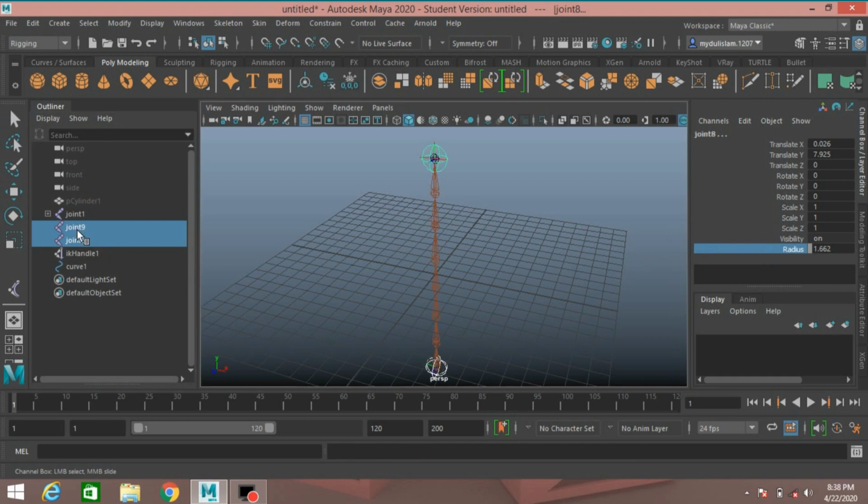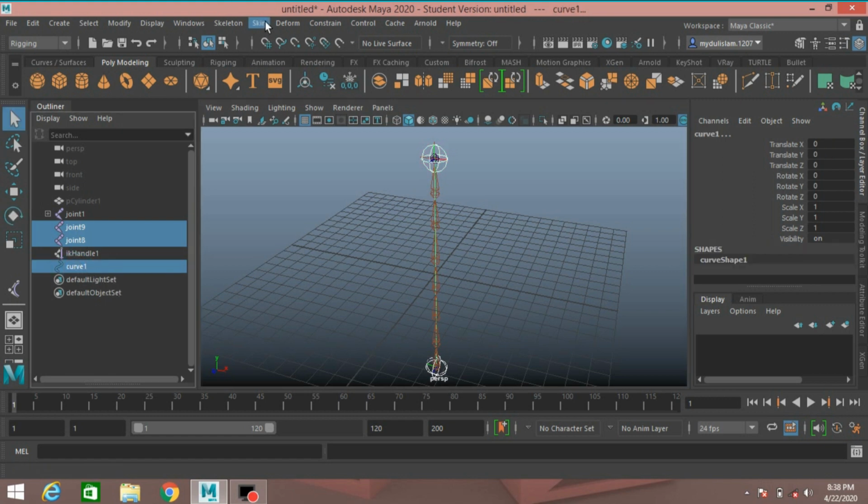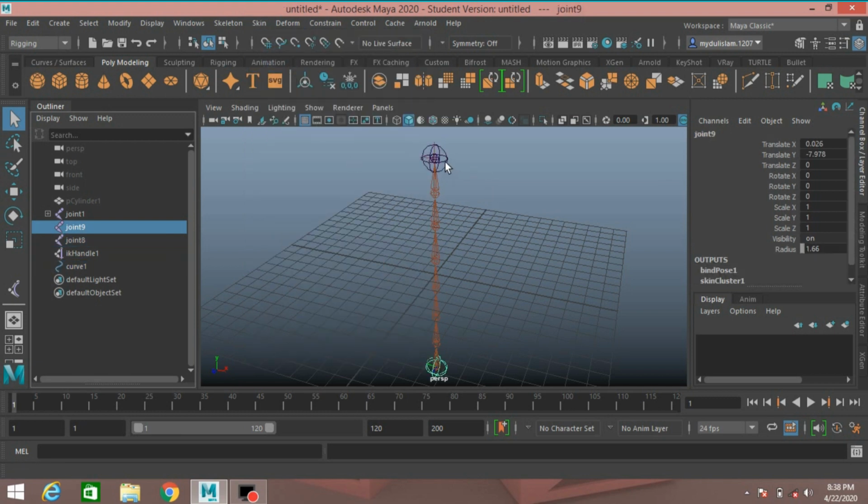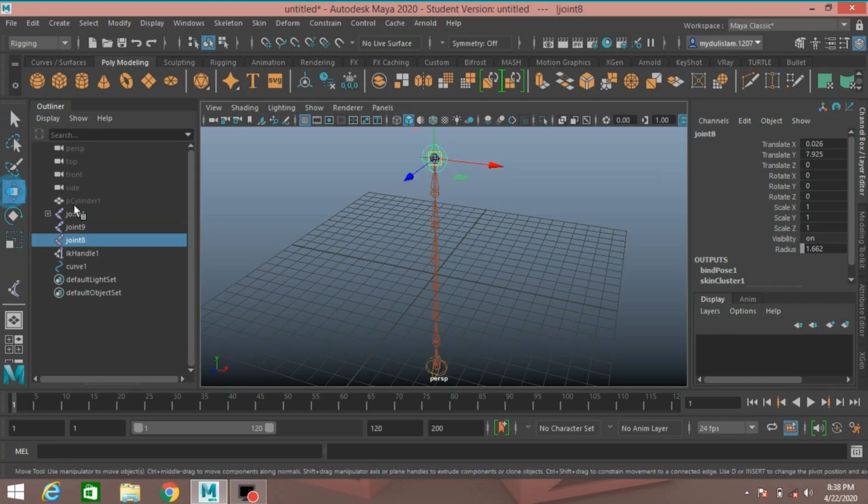First select these two joints, shift select the curve, go to skin, click on bind skin. Now select the two joints and move and see. Ctrl G to undo.